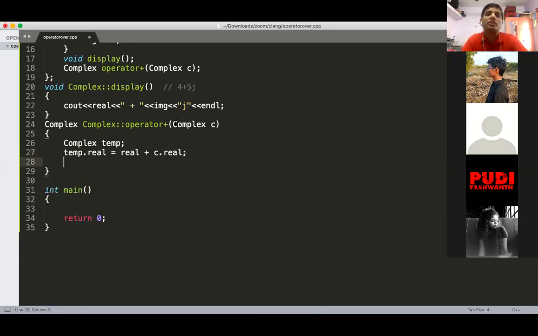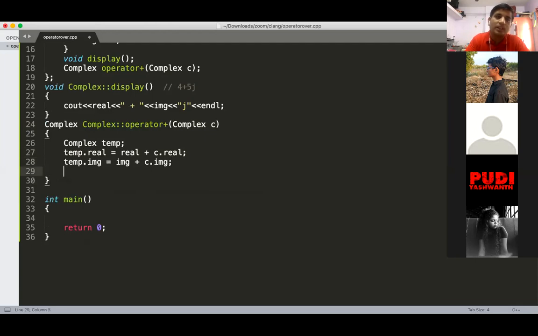Whatever argument is coming, that argument's real is added with your object's real, and it gets stored into the real of temp. So your real addition is done. Next is the imaginary addition, which can be done using temp dot imaginary is equal to imaginary plus c dot imaginary, and then we are done with temp, so just return temp. Okay, so my class definition is completed.